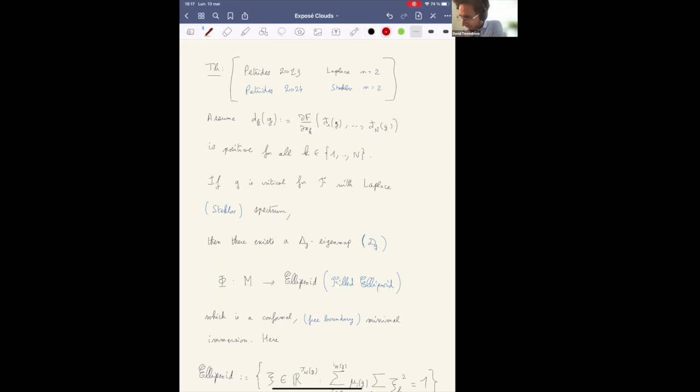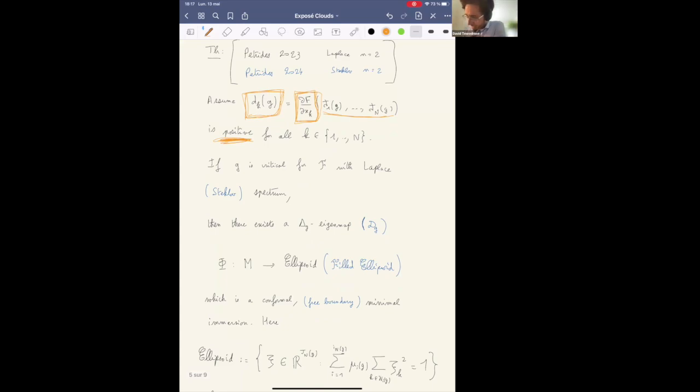He made the assumption that the partial derivatives of the defining function f sharp, evaluated at the Laplace spectrum of the metric we're interested in, so these partial derivatives that I call dkg, are positive. And under this assumption, he showed that if a metric G is critical for F,